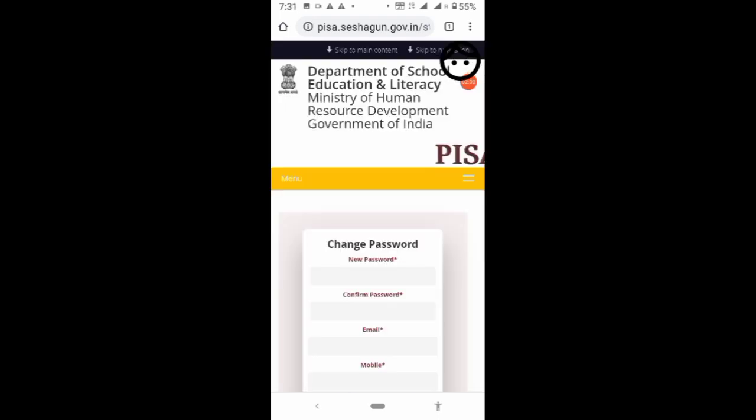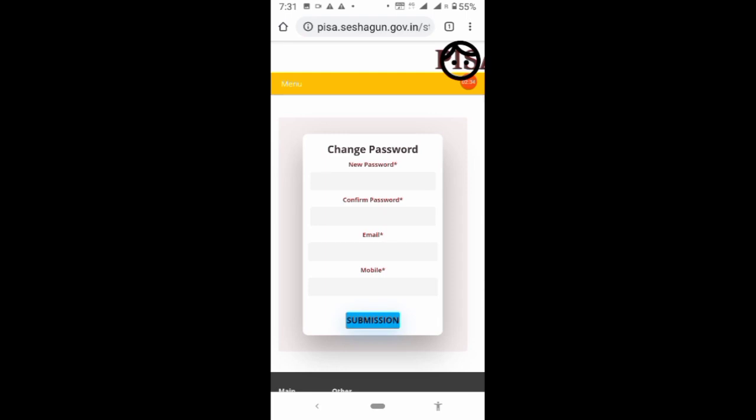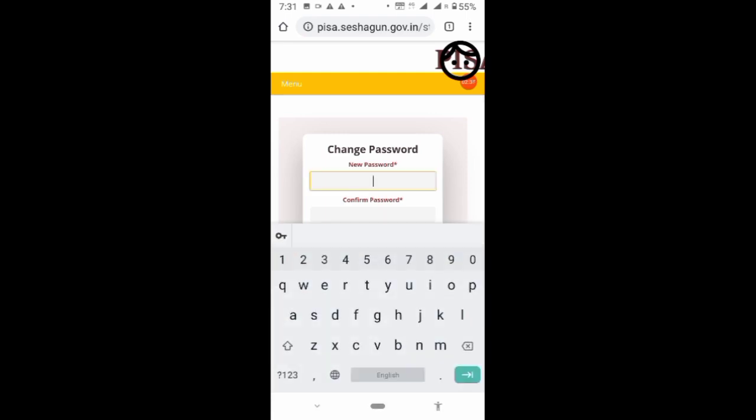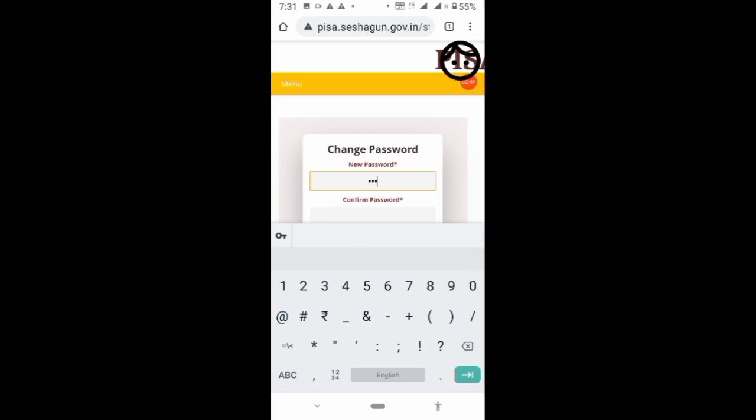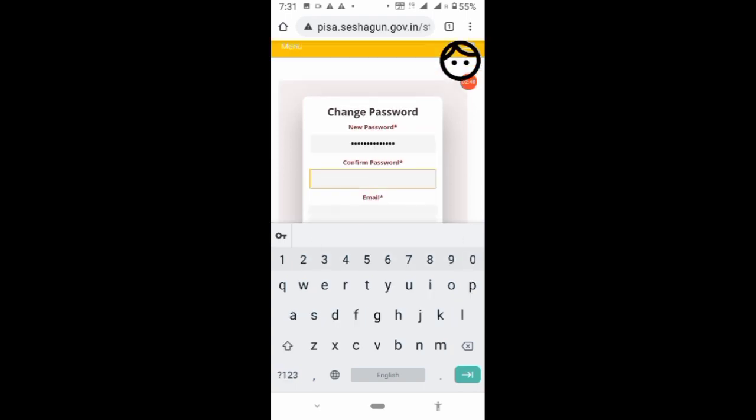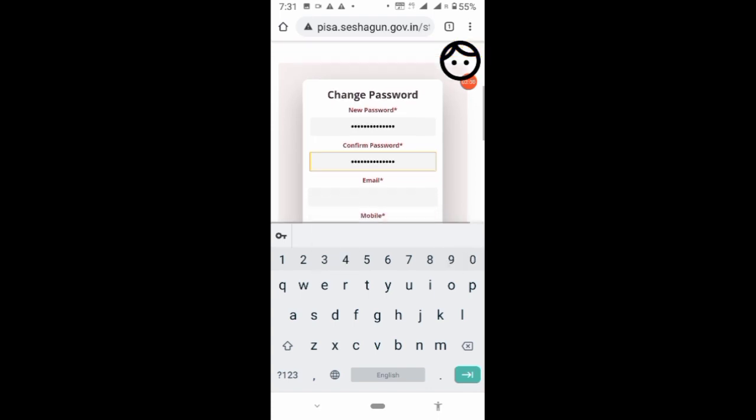So the site is opened. Now you can see again, here also you have to type the same password, 1401005303499. Here also same, 1401005303499.